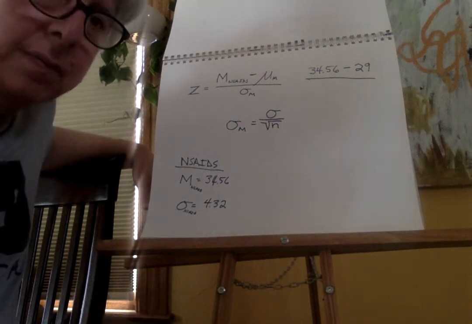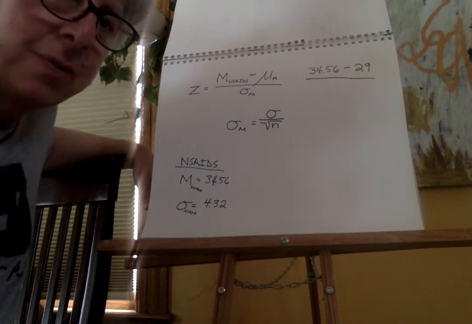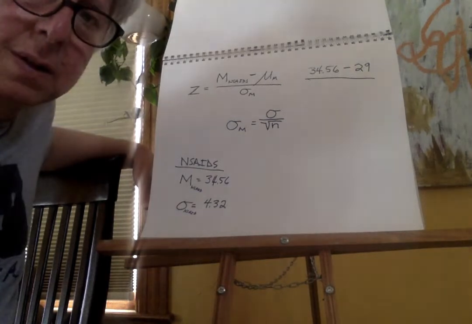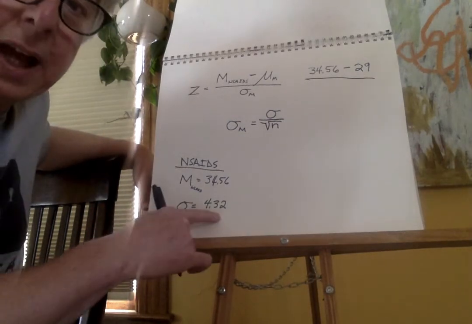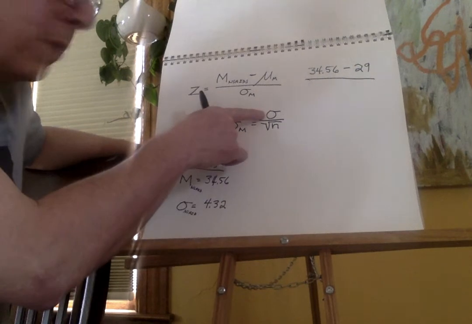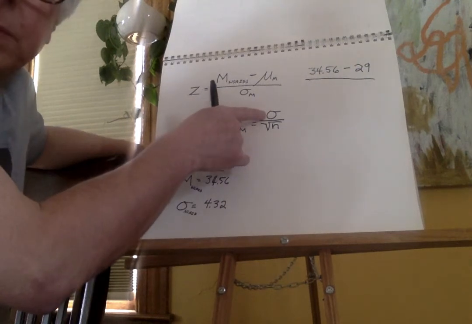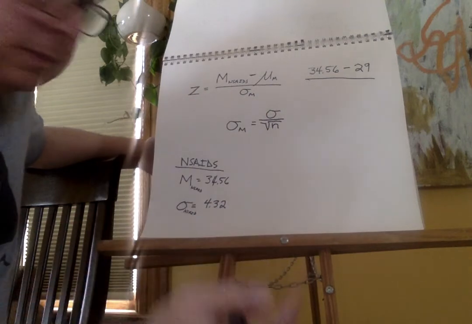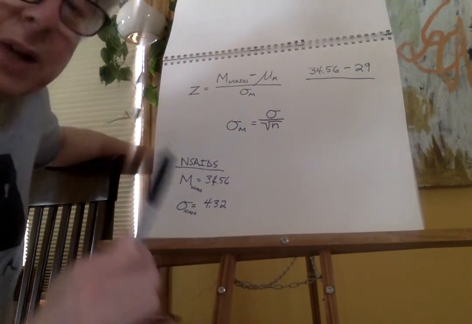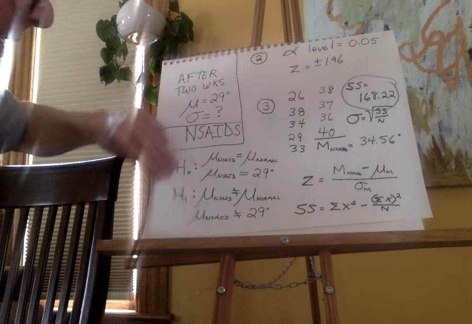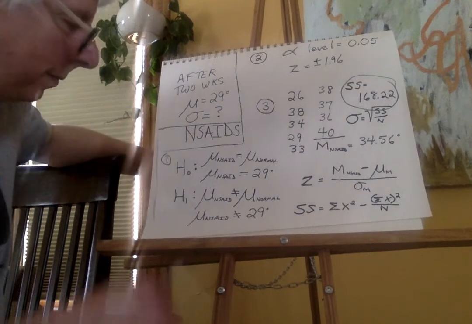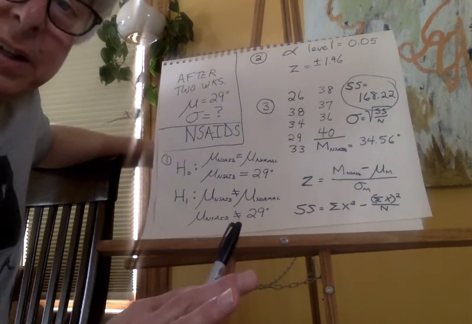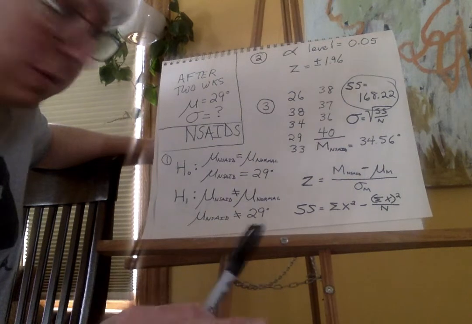Let me say that again. If there's no effect of the NSAIDs, then this should reflect sigma for normal, right? For the normal treatment, because the NSAIDs aren't working. The big question, though, is if we go back here, if we decide in step 4 and 5, if we